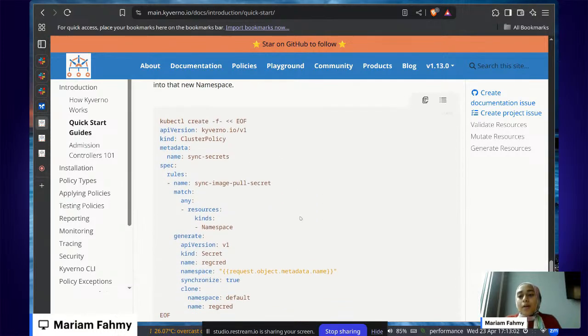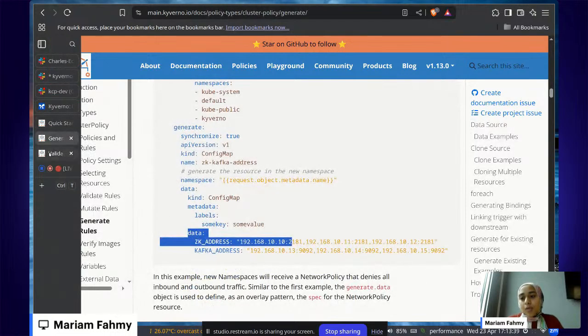So, and we also have the verify image rules, as I mentioned earlier. So basically, the validate, the mutate, and the generate rules have always been the core of Kyverno, right? And these rules are what make it more powerful and flexible. But as Kyverno evolves and new features were added, we started to face some challenges. For example, in some cases there might be more than one solution to fix the same problem.